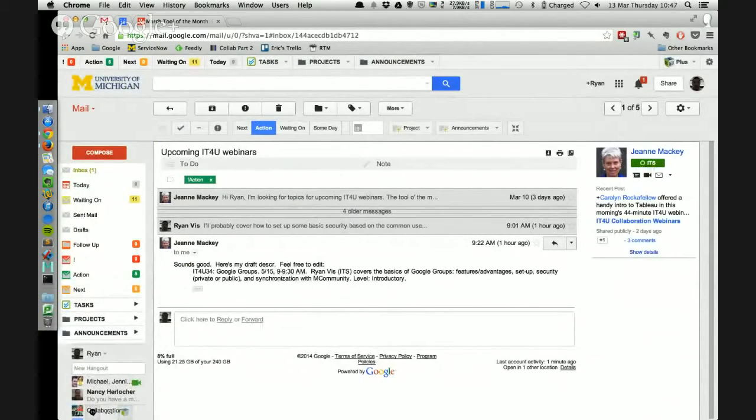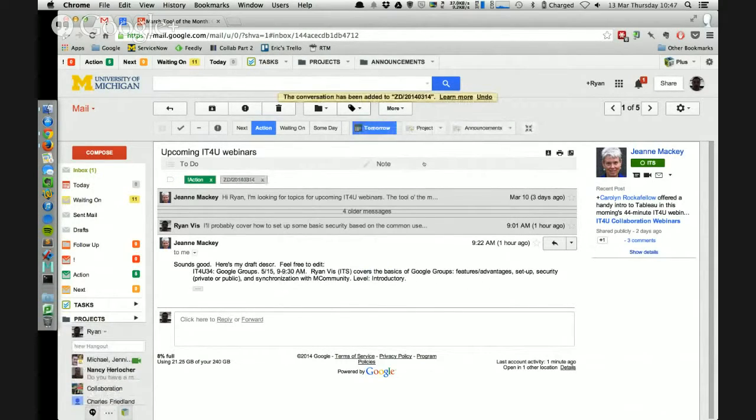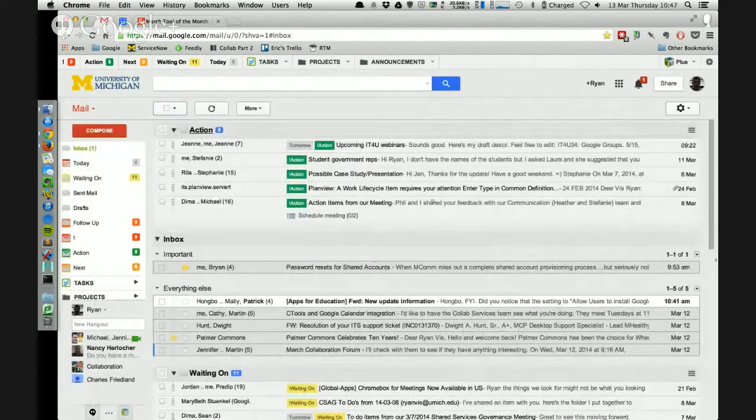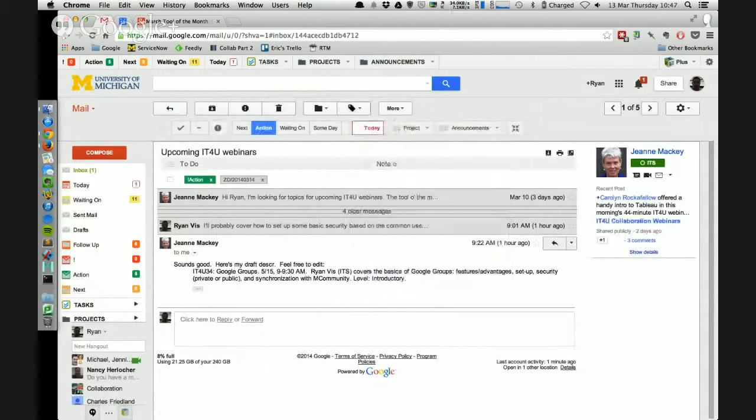So for instance, I just have to do this later, but let's say I know I'm not going to get to it today. This is something that is just not going to happen today. I can select this calendar icon. I get a flyout. What I will do is I will look at it tomorrow. So I'm going to click tomorrow. It's going to put that date on there. Now when I go back, I see that tomorrow label is applied to that message. I know I got to do it, but I can safely ignore it until tomorrow because I have budgeted that time for tomorrow. Just something that I want to kind of show you from the tools perspective. Let's say it's something I'm going to do today.